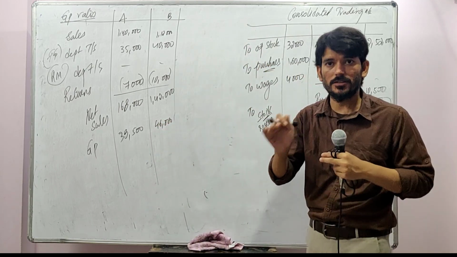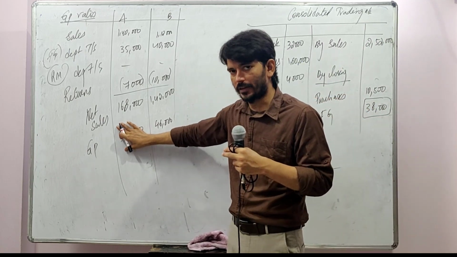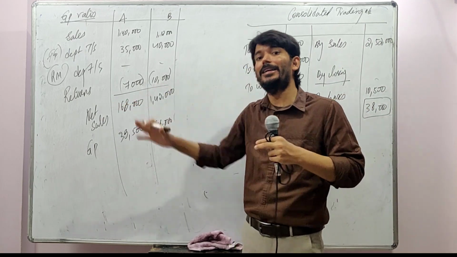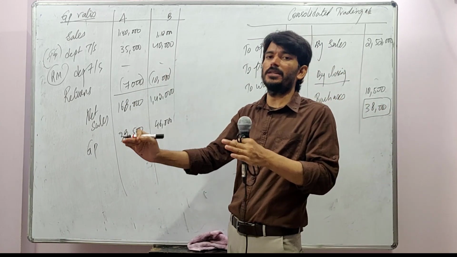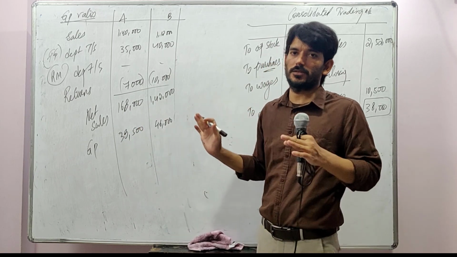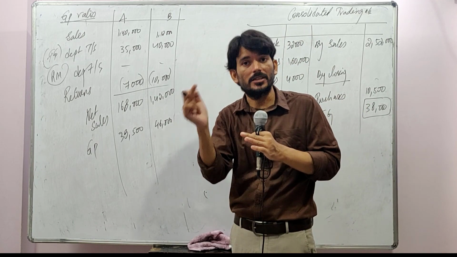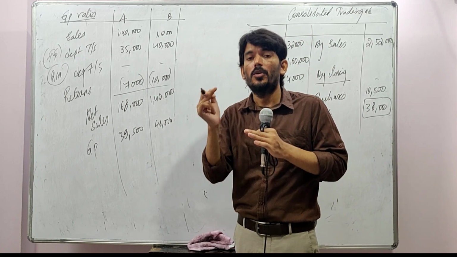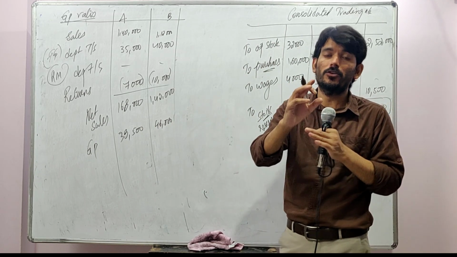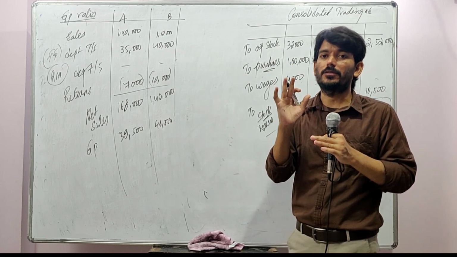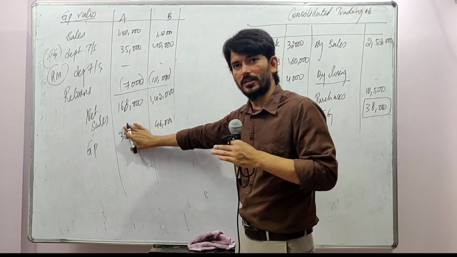What am I trying to do? Understand the logic. If I am A, my gross profit is 38,500. And this is my net sales. Net sales means sales which I am selling at the market price, net of returns. The sales which I am making to the other department, should I be considering? Yes. What all should you consider? Only the sales, only the returns, only the transfers that you are making to the other department at market price. If I am transferring it to you at cost, I will not take it. So this is my net sales, this is my GP.